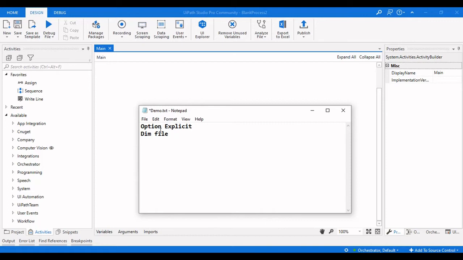in this particular script, and we need to set this variable to an object. We are going to use CreateObject to create the text file: CreateObject Scripting.FileSystemObject.